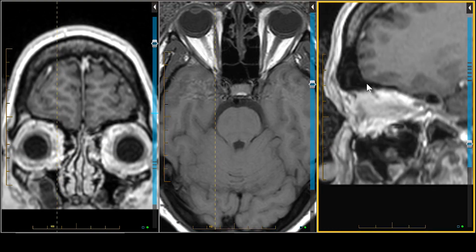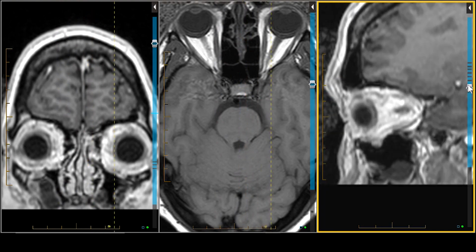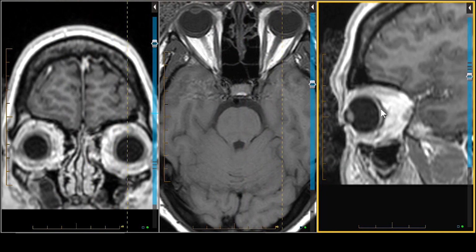If you look sagittally, you can see a somewhat pigmented, hyperintense appearance to the back of the optic nerve right here. And this consists of pigmented structures that include rods and cones, especially the cones. And then you've got a few layers, including this darker scleroid layer in the back. And then it's very hard at this resolution to separate out the other layers, which include a choroidal and a